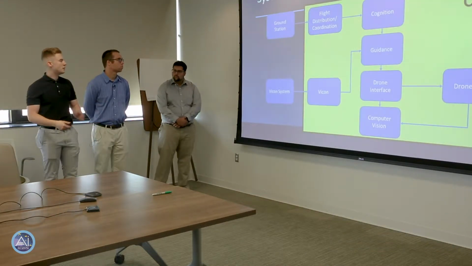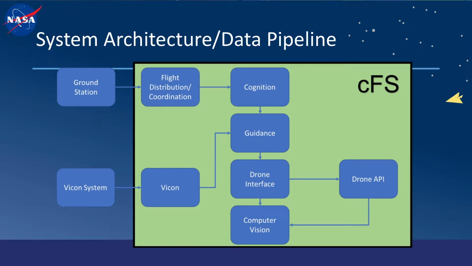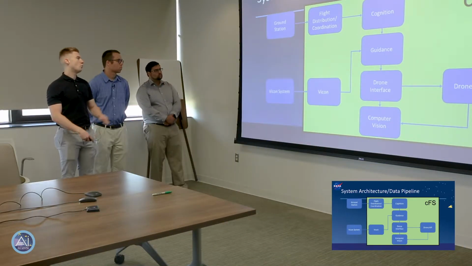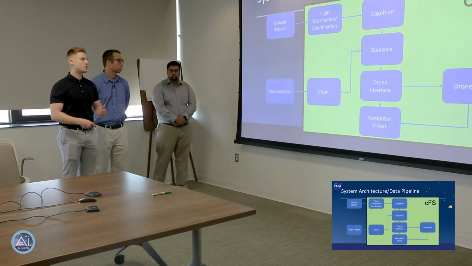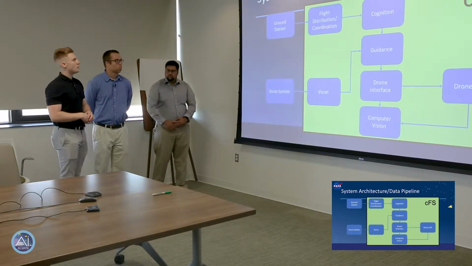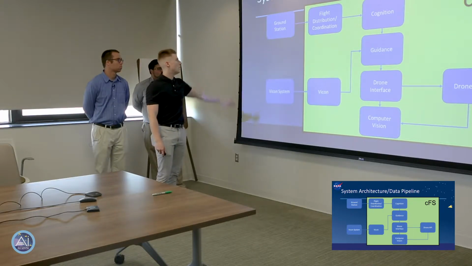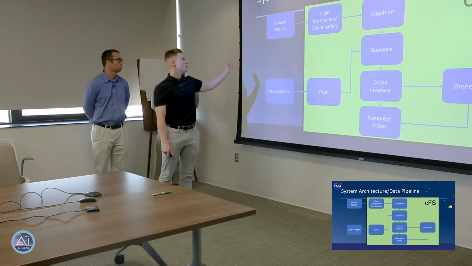Okay, and this is kind of the meat of what we've been working on this summer. So primarily, what we see here is we have one instance of CFS outlined in the green box, and this is supposed to illustrate the data flow, what is actually happening. So we have our ground station here. We'll upload flight plans